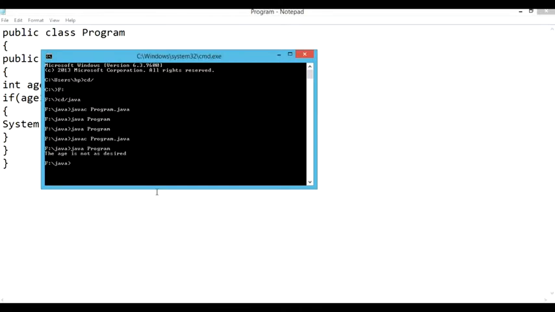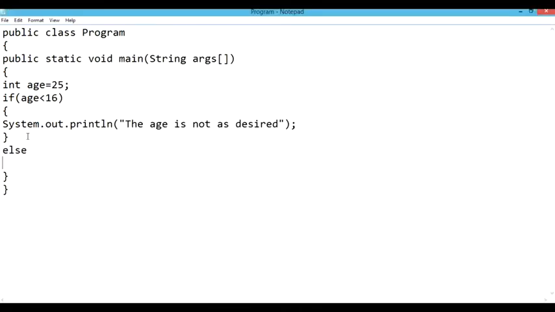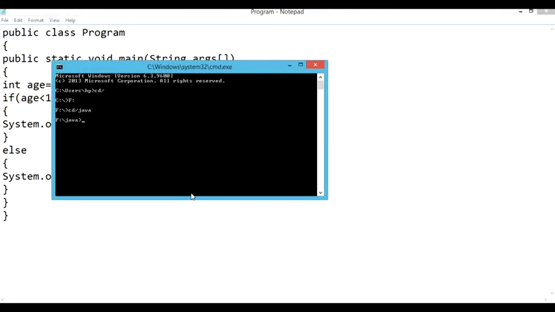Now in the next case, I have changed the value of a to some other value. Suppose I have changed it to 16. In that case, first of all, I have written an if statement, and I am writing the same system.out.println. After that, I have given the else statement, so that if this condition is not true, then system.out.println prints that this age is 5. So this is the purpose of using an if else. It means if the first condition is not true, the second statement will be executed.